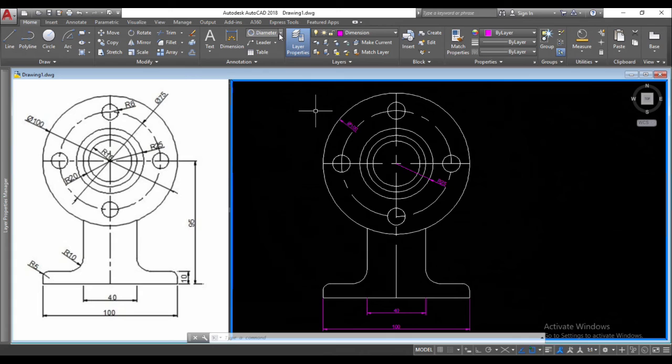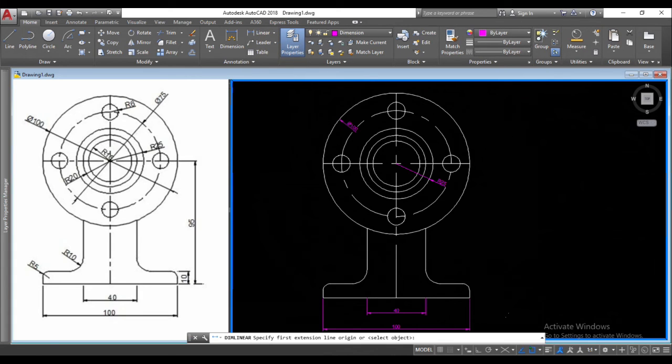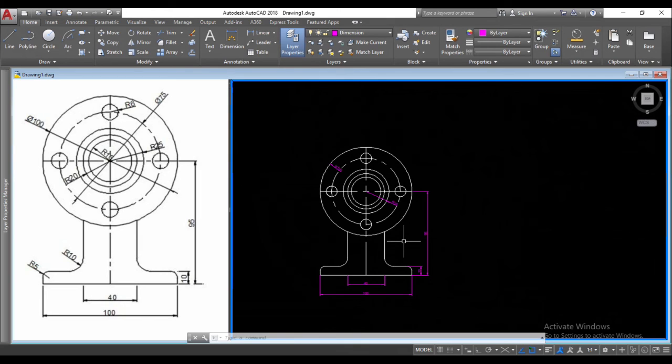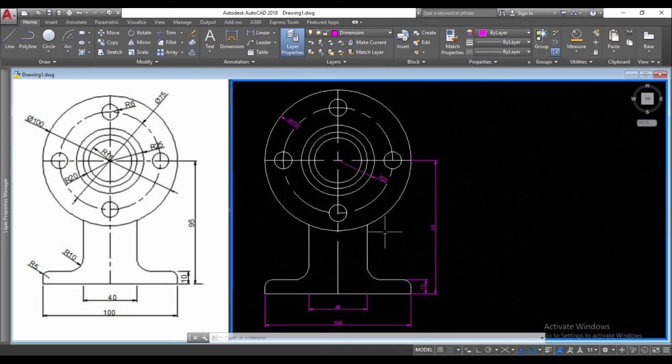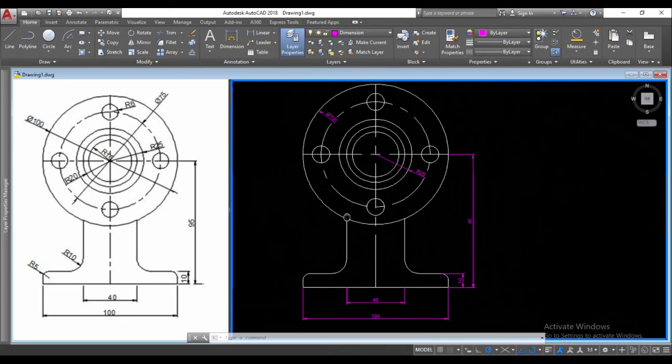If you want some more demonstration, we could select linear again and just select these points, pull it out, and repeat by pressing enter right here, and the center line should be 95, and we could just put it out there. Our drawing would be finished, except we would just have to put in some more radius and so on, but you get the general idea of dimensioning. Based on what we have done here today, I am very confident that you are able to complete your drawing in AutoCAD. All we need to do now is learn how to print,